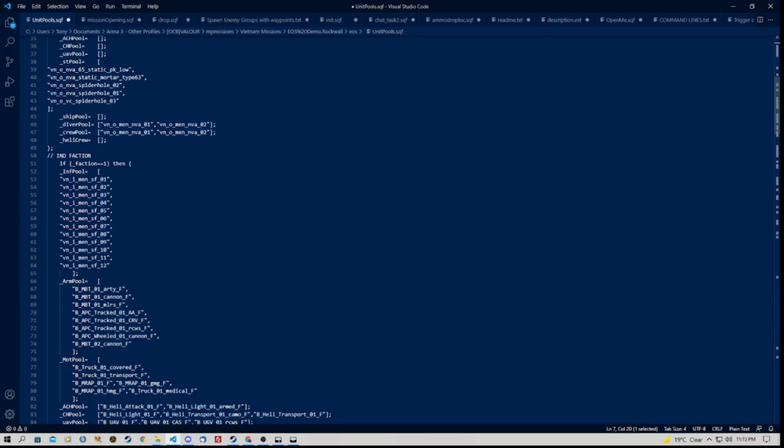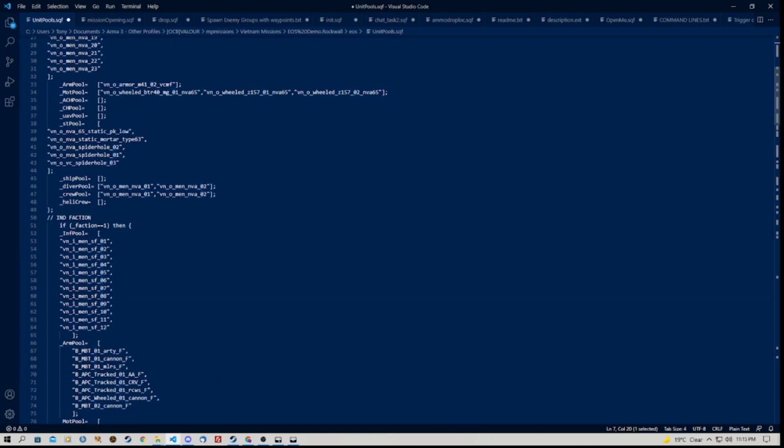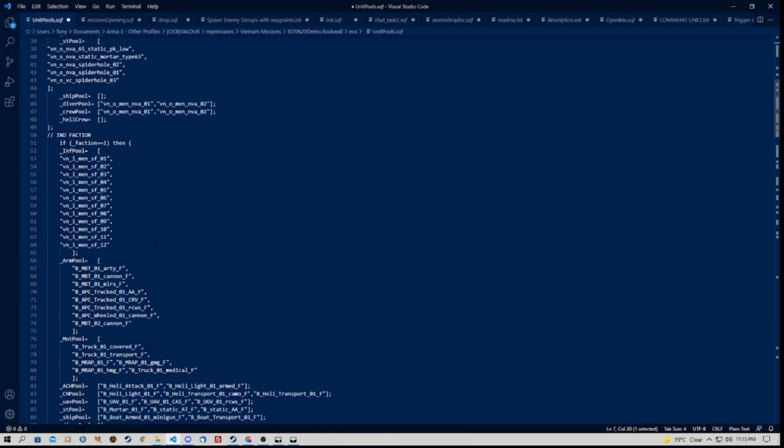So for example, faction 0 is the NVA, faction 1 is independent, so troops that are not necessarily friendly to either side. And I'll show you how that works, just to show you that the faction number in the lines of code in the